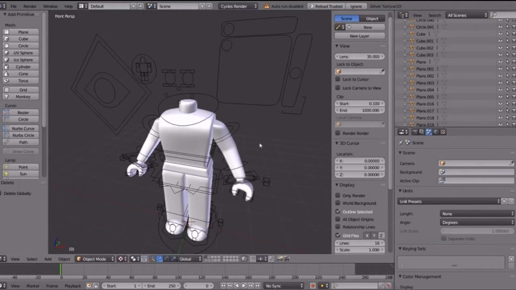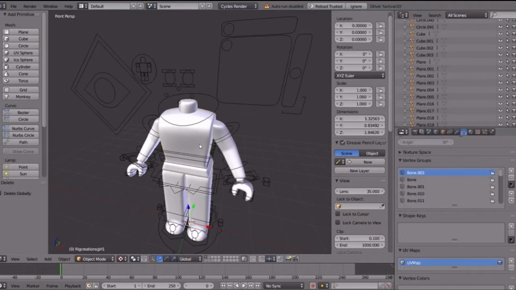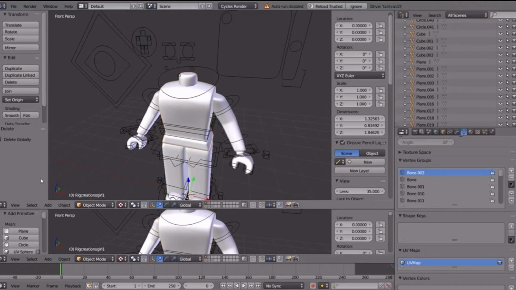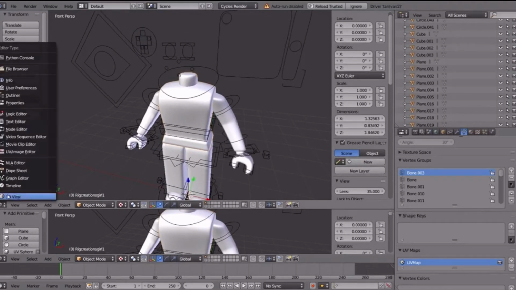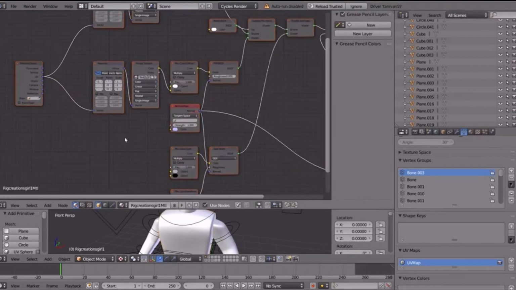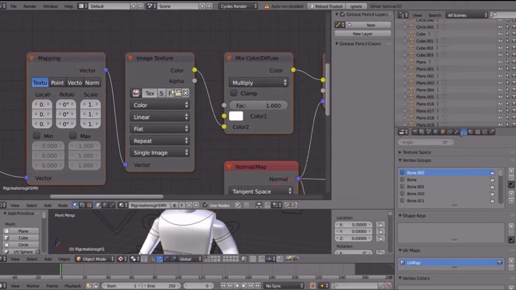Now that you've done that, right click on the torso, and then in the top right corner, drag it down until there's another page. Go to the little cube looking thing on the bottom left, click on it, and click on Node Editor. This graph is going to pop up, and at Image Texture there's going to be a little Open Image button, and then you're going to open up your